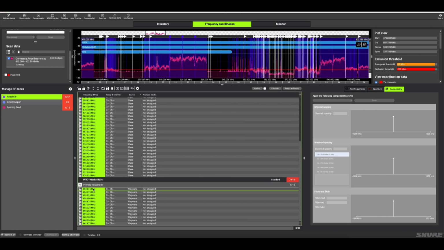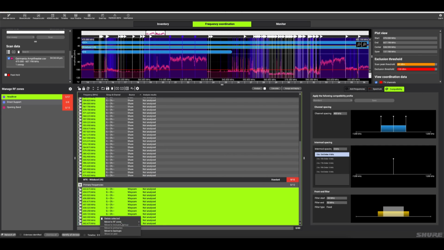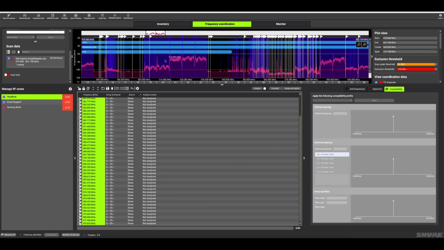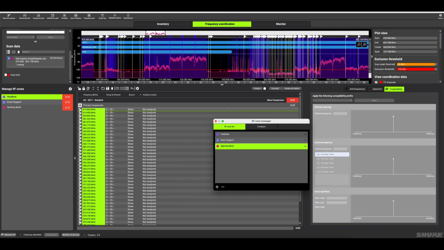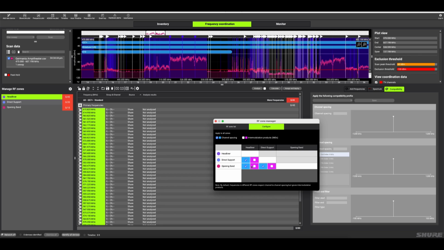And I'm going to move all these to Direct Support. So now it can calculate these a little bit differently because it's not going to worry about the intermodulation between them. I can also come here to RF zones, and if I configure it, I can tell it to not worry about the channel spacing either. So it's not going to worry about how close it is to another channel